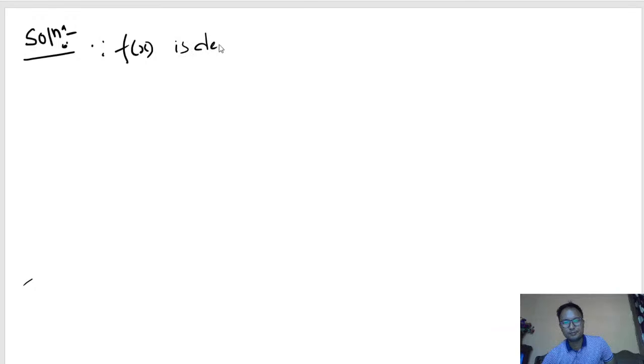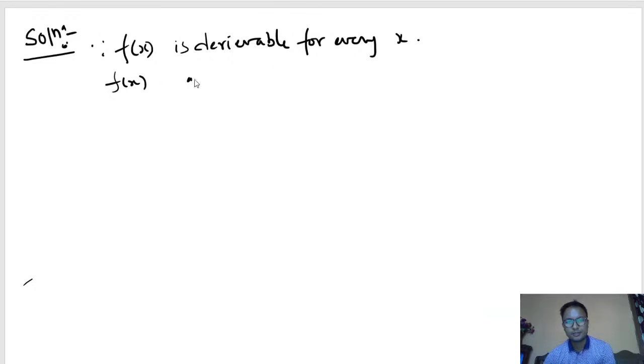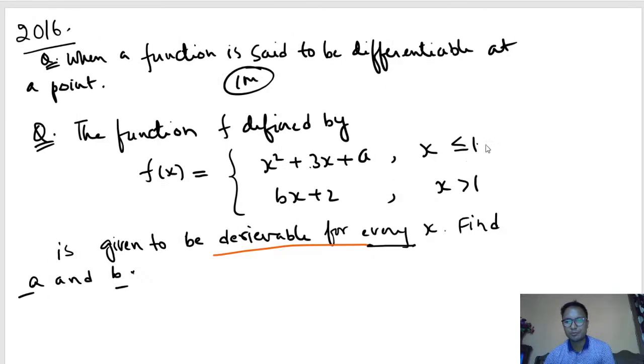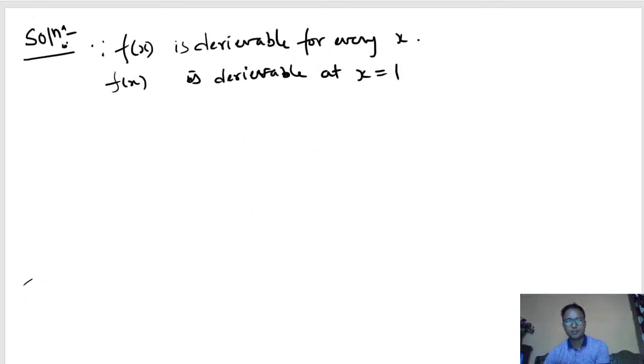f(x) is derivable for every x, the f(x) is derivable at every point. At the branch point x equal to 1, the function is derivable. The function at x equal to 1 is derivable. Now let us see the left hand derivative, the left hand